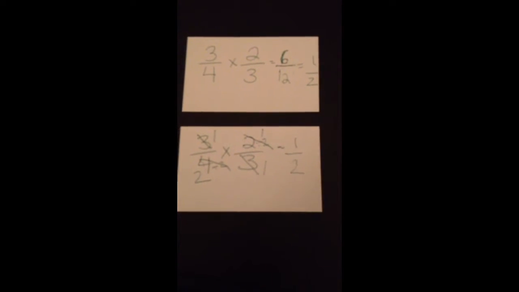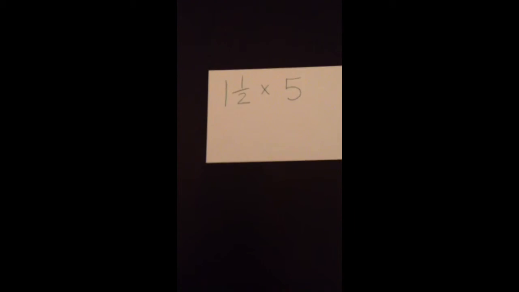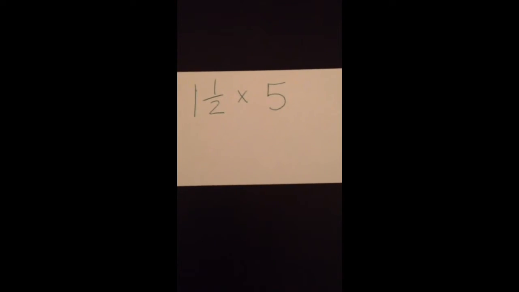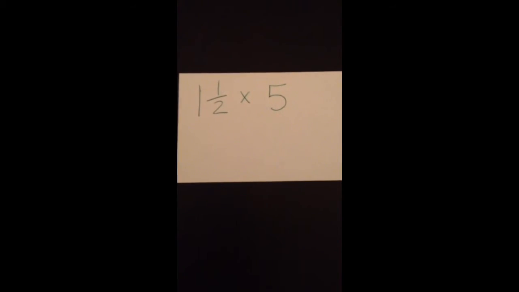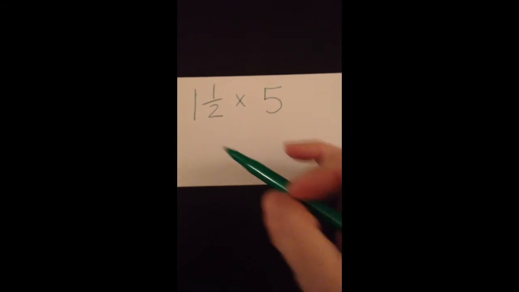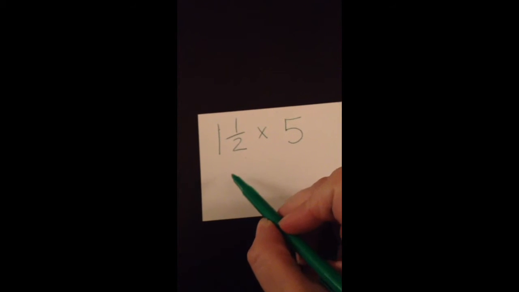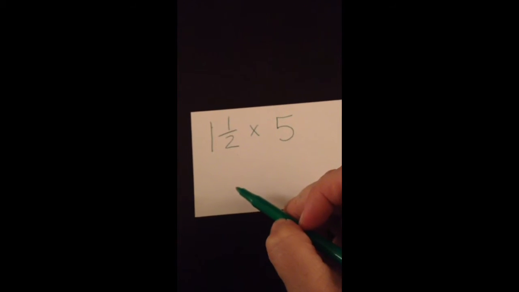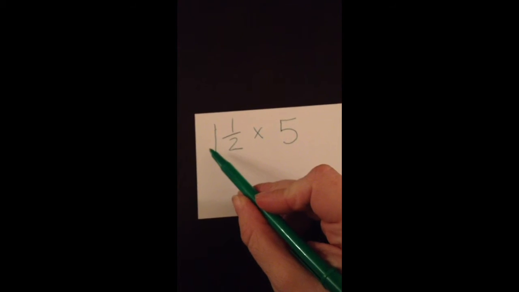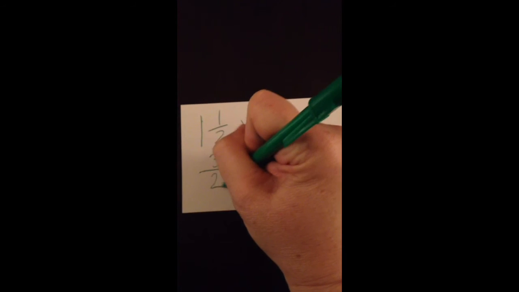The only other thing to show you with multiplication is that sometimes we often have mixed numbers or whole numbers, and first, in order to multiply them, you need to change them to fractions, to improper fractions, if they're greater than one whole. So in this case, 1 and 1/2, we have to change that. Since it's a mixed number, we have to change it to an improper fraction. 2 times 1 is 2, plus 1 is 3. So that's 3 over the same denominator, which is 2,